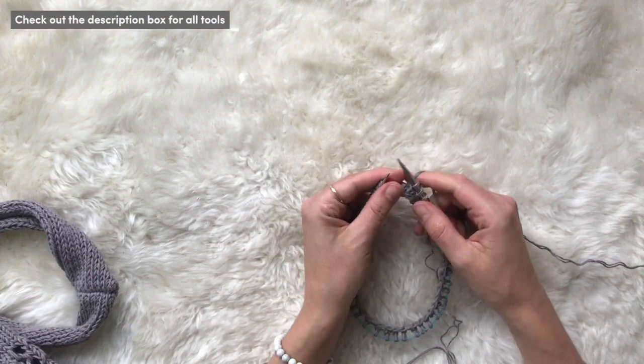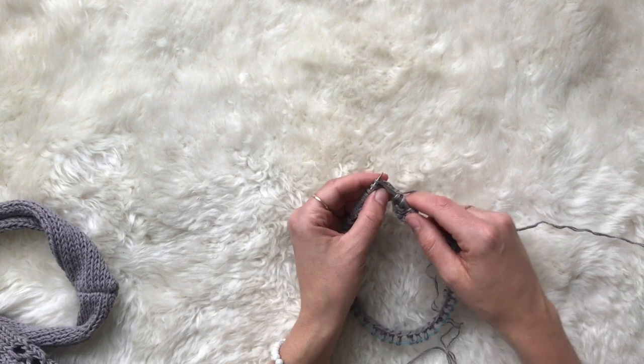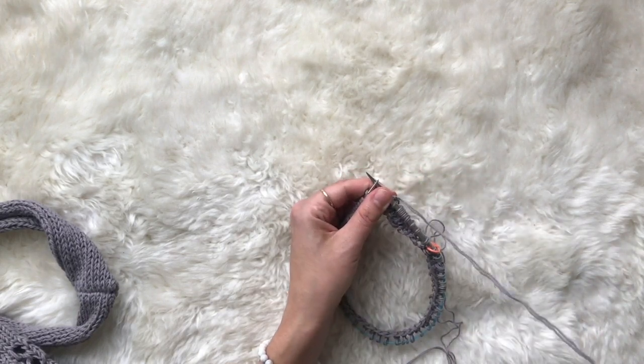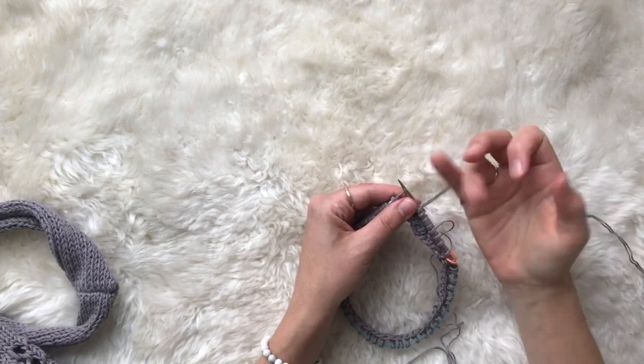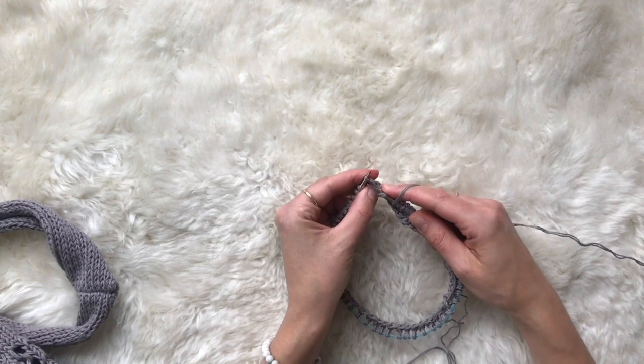We're going to follow that S2KP with another yarn over and then another knit 3. So this knit 3 is the beginning of that stitch repeat. We're just going to be doing those 4 steps over and over and over again. The knit 3, the yarn over, the S2KP,